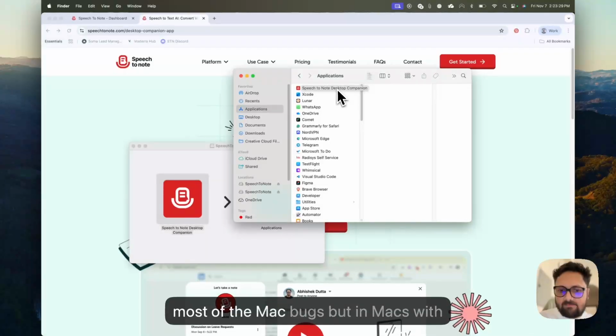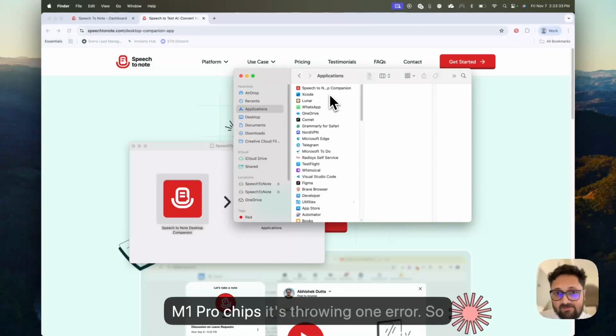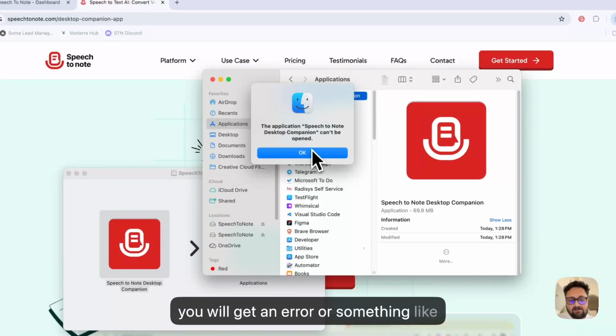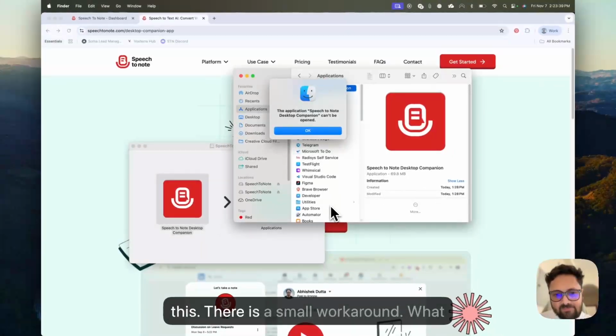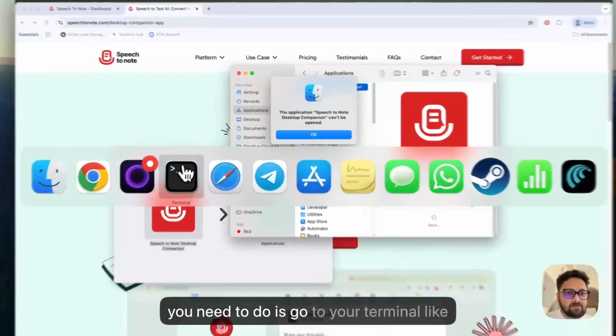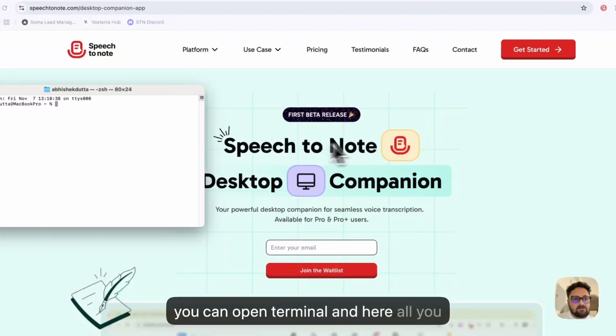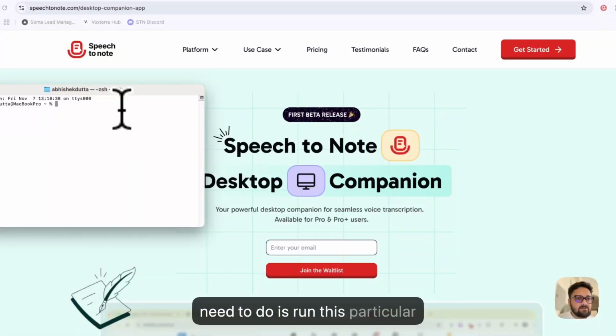properly in most of the MacBooks, but in Macs with M1 Pro chips, it's throwing one error. So you will get an error something like this. And there is a small workaround. What you need to do is go to your terminal, like you can open terminal, and here all you need to do is run this particular command,